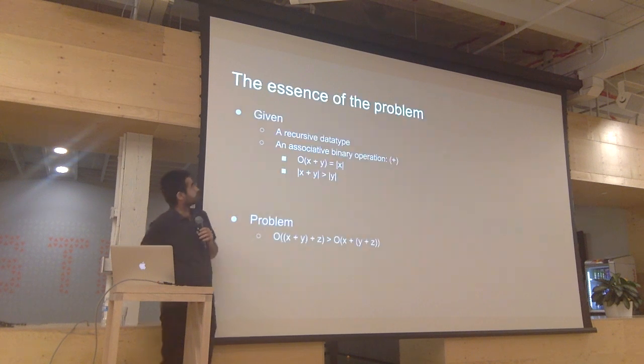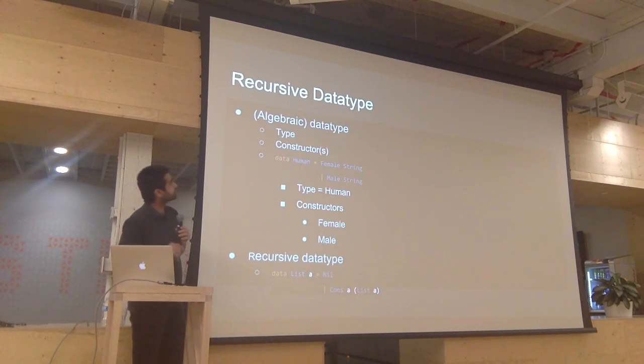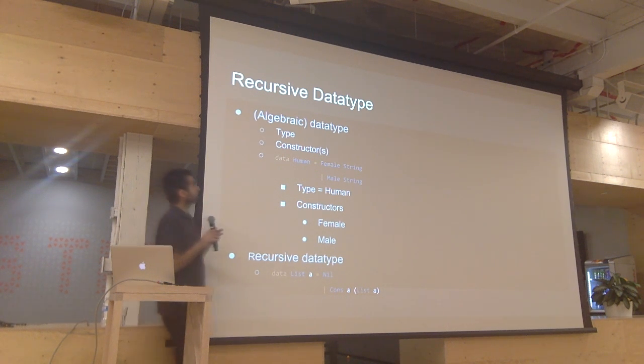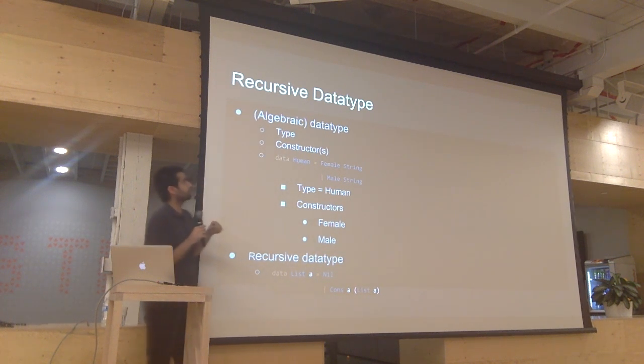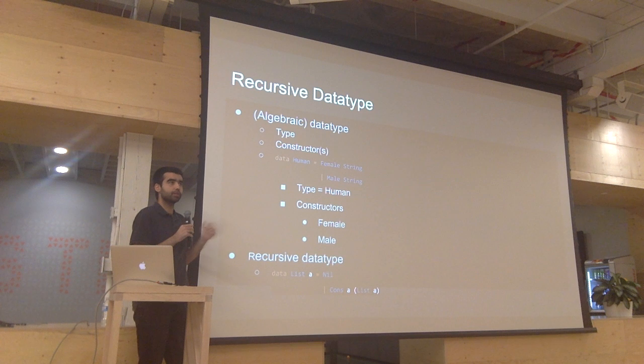So the first thing it talked about was we want a recursive data type. Well, I'm going to take a step back and just talk about algebraic data types first, because I'm also going to introduce the Haskell syntax since the paper uses it, and also the examples that I have use it. So an algebraic data type has two components in it. In a sense, one is the type that you're talking about, and the other are constructors. These are the ways that you can generate that type. There's another lens to it that you can unapply things and you can pattern match, but we'll get to that.